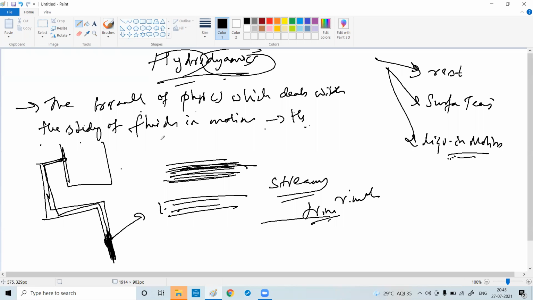So in the next class, we will study more on this: turbulent flow, streamline flow, flow line, flow tube, laminar flow. We'll also study critical velocity, Reynolds number, and coefficient of viscosity. It's a very big chapter. Maybe another 2 classes and we should be able to finish.